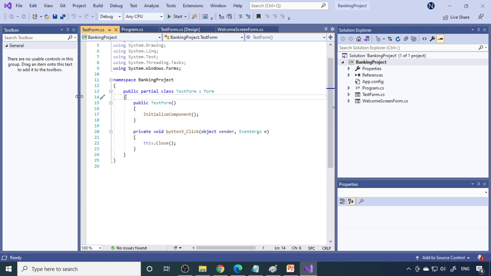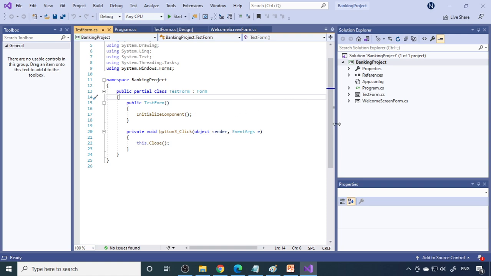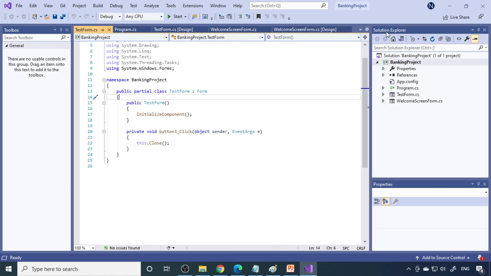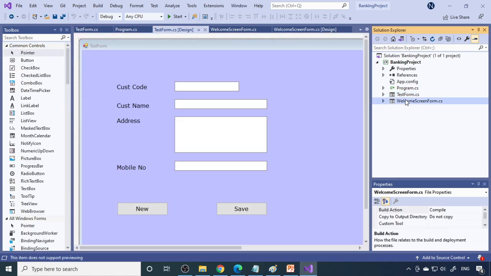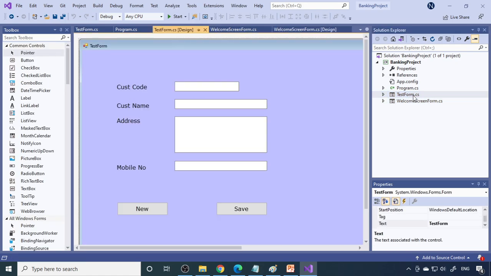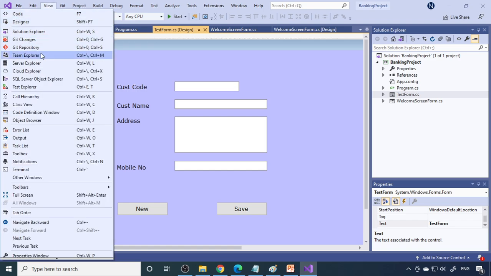Now I open the project which was already created in the previous video. So this is the project. We discussed the Solution Explorer, the properties, and the toolbars. Then we learned how to design the background, how to add pictures, and how to put in text boxes, labels, all these things. In this video, we learn one more window, what we call the Server Explorer.